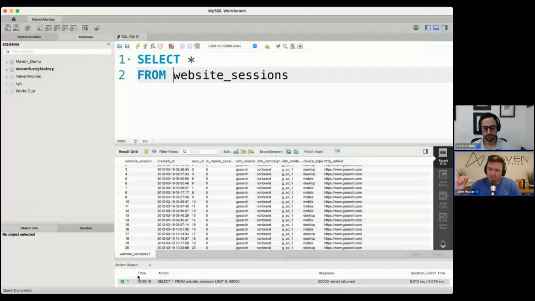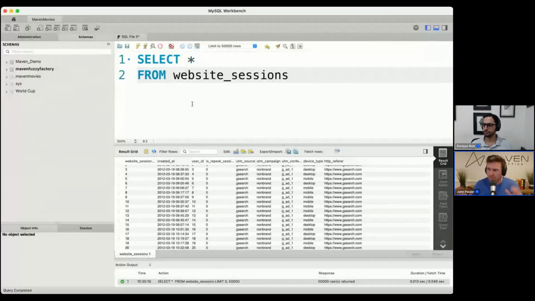And the action output is going to really help you figure out where those errors are. Eventually, it'll kind of become second nature. Sometimes you won't even need to read the action output, like if you've been doing this for a couple of years. But especially at the beginning, look for the clues in the action output. If you're getting errors, it will tell you things like there's improper syntax and it's near this specific part of the query, and it can really help.